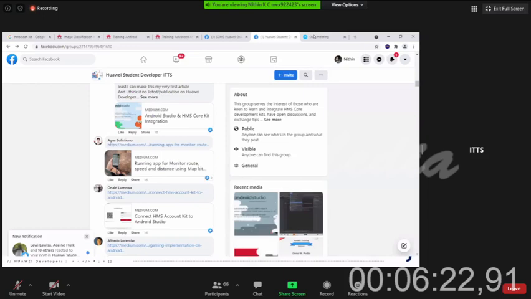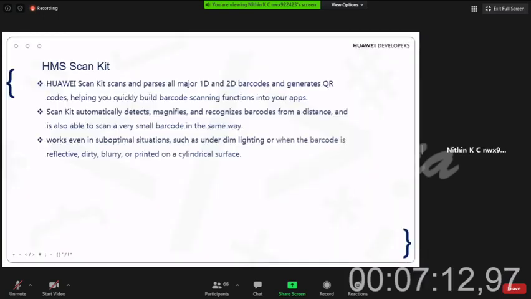Huawei Scan Kit scans and parses all major 1D and 2D barcodes and generates QR codes. That means different 1D and 2D barcodes like EAN8, EAN13, UPCA, Code 93, Code 128, etc. Sometimes on the back side of your notebook we can see 1D barcodes in most cases. Nowadays if you're purchasing something from the market, you can see different types of barcodes, maybe